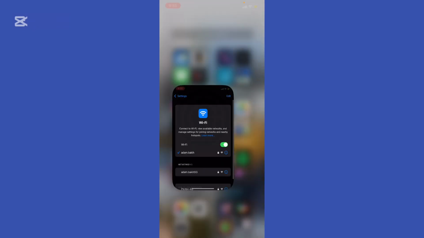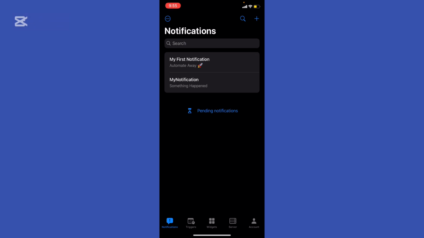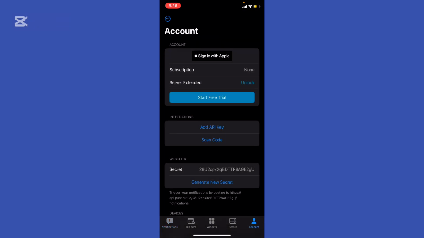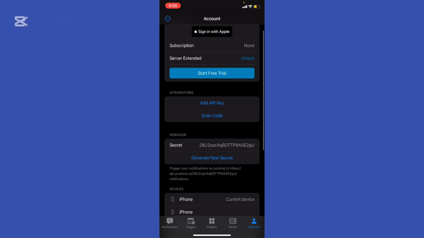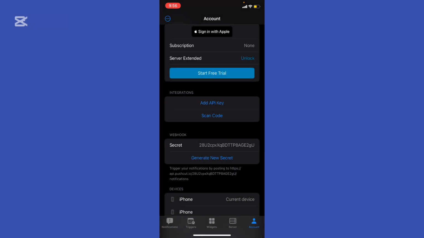And next, go back to your screen and verify the API request. Ensure the correct webhook URL and parameters are used. You can go ahead and click your account at the bottom right to check the API and the webhook. And as you can see right here, if you want to verify it, this is the IP. You can copy it and verify it through different